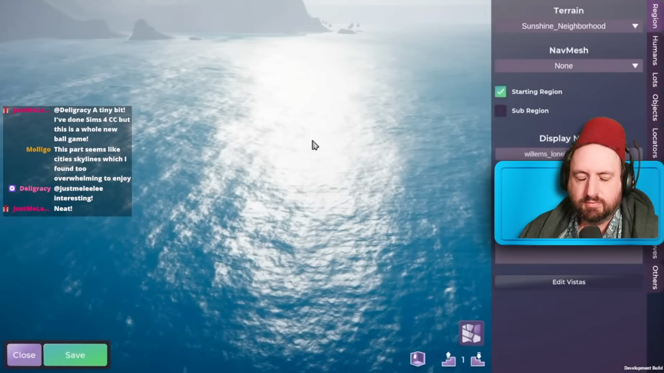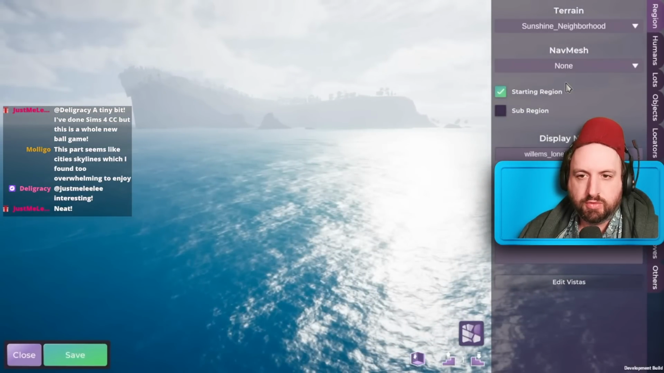I'm then going to make sure to pick the matching nav mesh. A nav mesh is